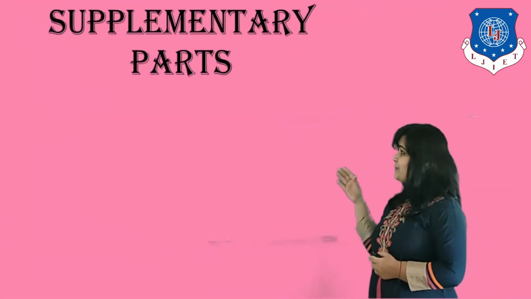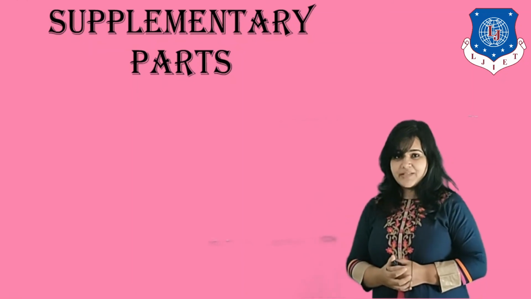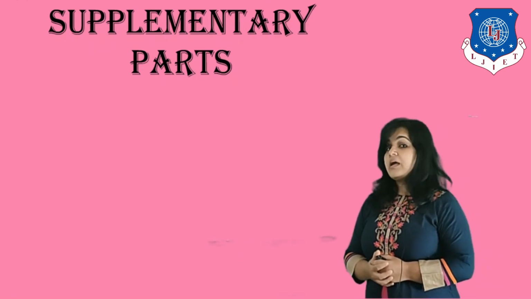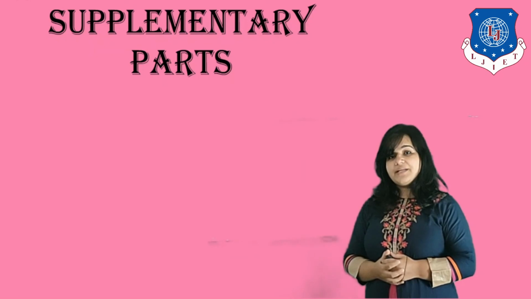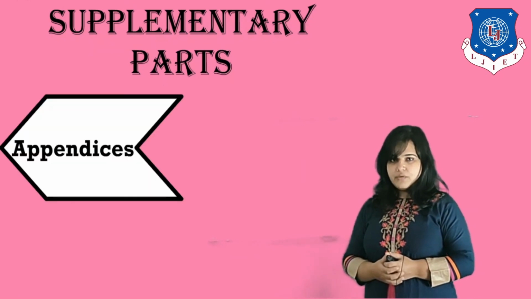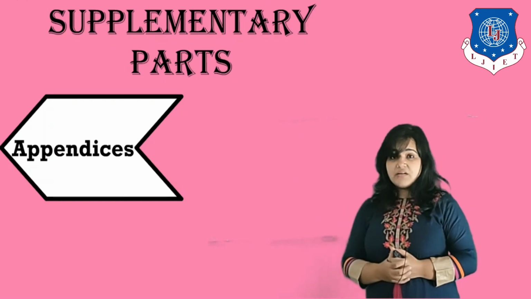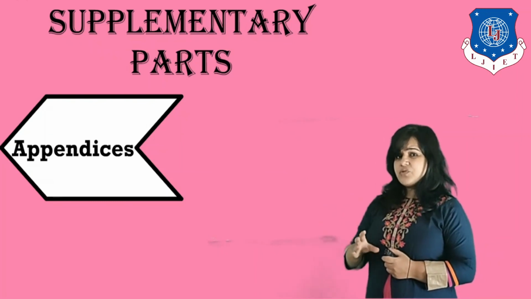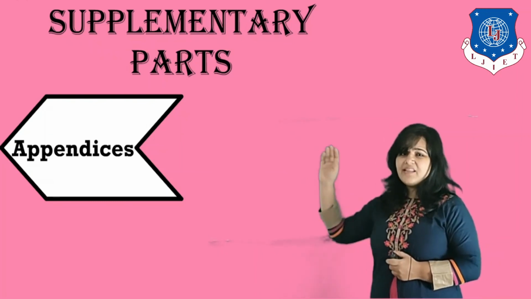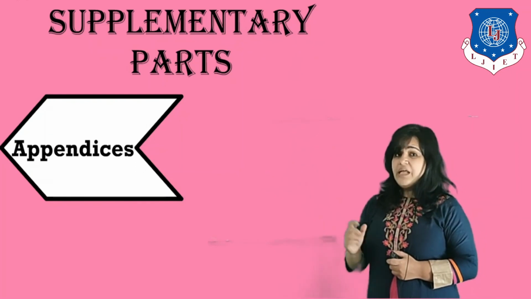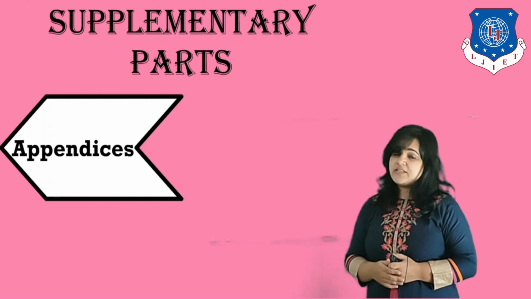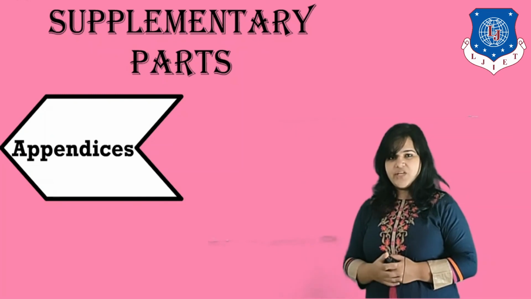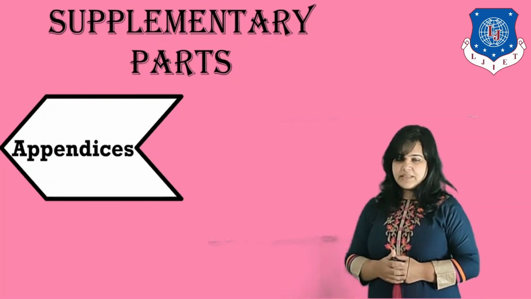Moving onwards towards the last part, which are the supplementary parts. As I have already told you, the supplementary parts are the supporting materials. Again, they are optional. They might or might not exist in your proposal, but it's better to include them. Appendices, here you obviously do not have anything which is related in the proposal and you are not writing in the proposal. In the appendices, you can just give out some of the detailed resumes, some of the past experiences, etc. You can cite your experience of a similar project that can formulate a part of appendix, but nothing much more.